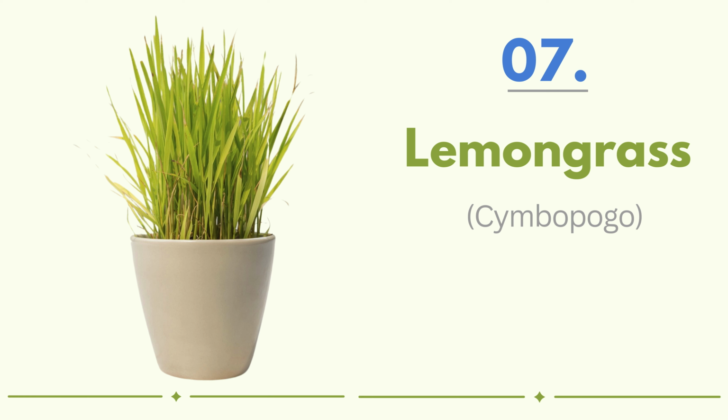Number 7 on the list is lemongrass, and this one's a heavy hitter when it comes to repelling wasps. It's packed with citronella oil, that same stuff you find in candles and sprays. Wasps can't stand it. I like planting it in big pots around the patio or right near where we usually hang out outside. It grows tall and looks kind of like ornamental grass, so it adds a nice texture to